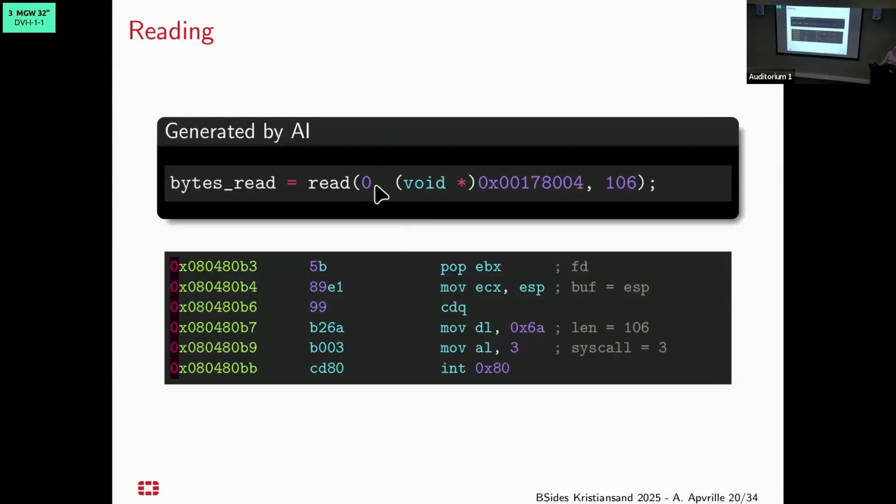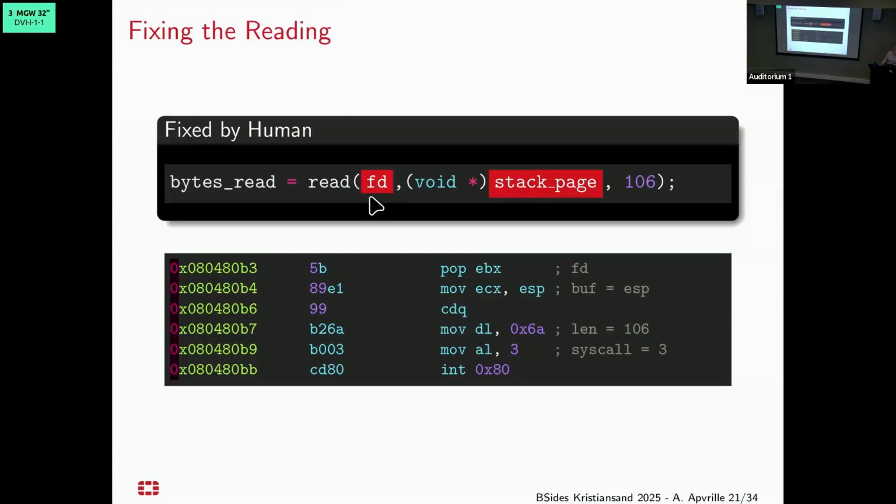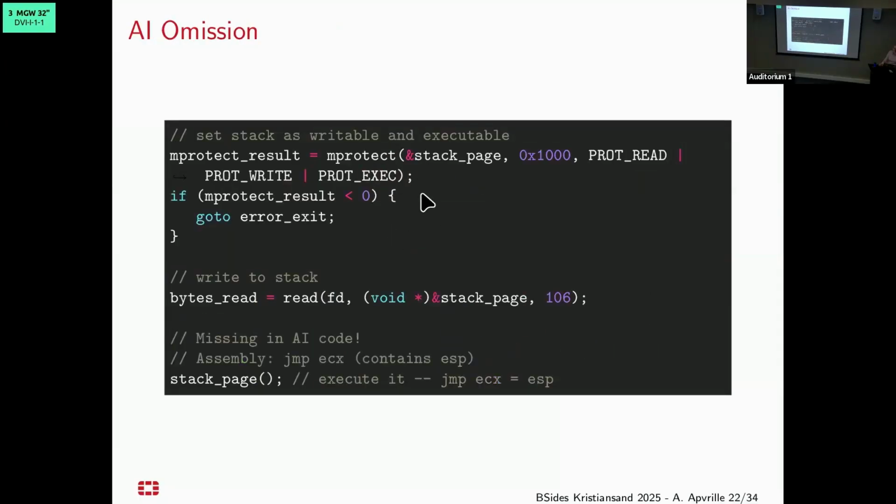And here, when it's reading something, actually it's not reading from 0, it's reading from the socket. So the input socket is sending it stuff. And then another typical error that we see very often in AI is that it omits things. Sometimes it thinks that things are details and says, okay, I'm not going to talk about it. But the issue is that what is details for it isn't always details for you, okay?